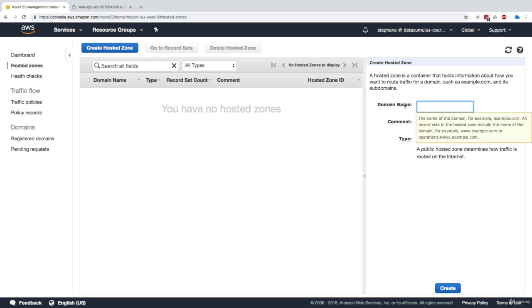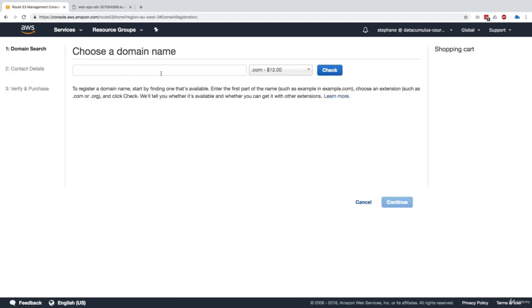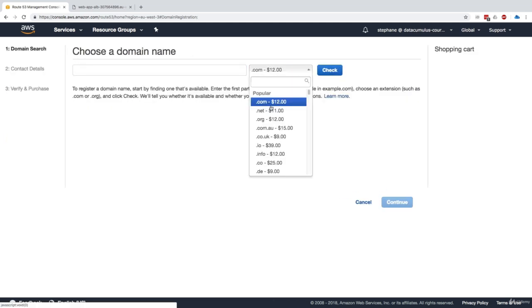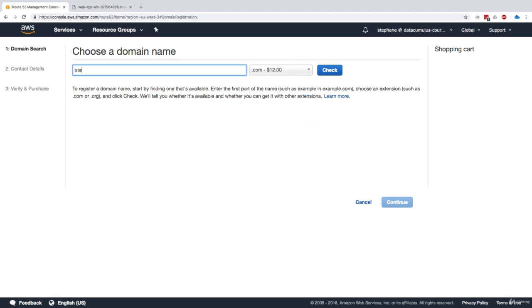And as we actually don't have a domain name right now, the first thing we have to do is register a domain. So let's go ahead and register a domain. For this, you'll have to pay for it. So if you don't want to pay for anything, just watch me in this lecture. Domain names cost money. So you click on register domain, and then you can choose a domain name. You can choose a .com, a .net, depending on how much you want to pay. But I'll just use a .com, and I'll register